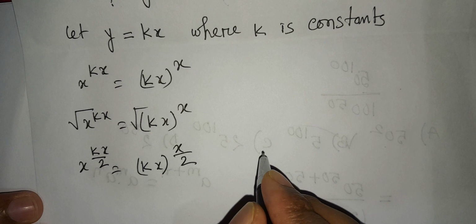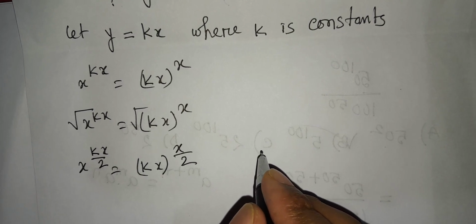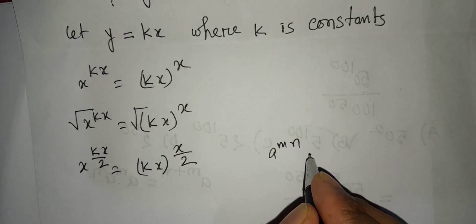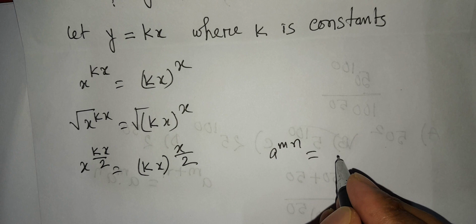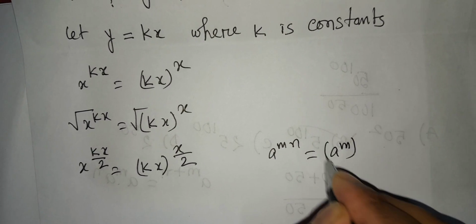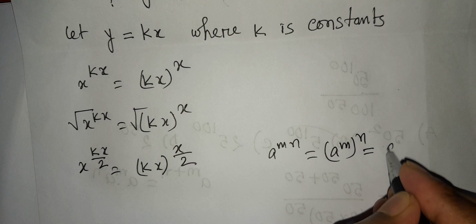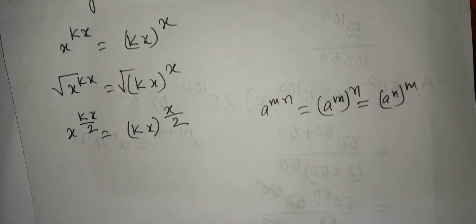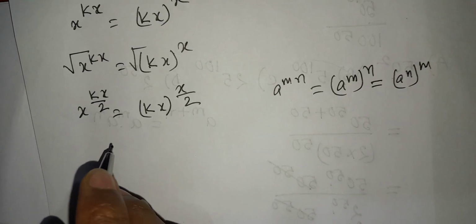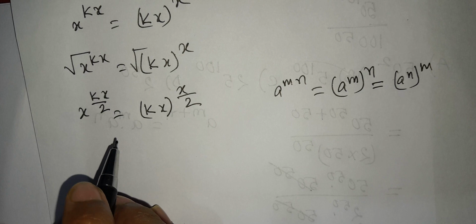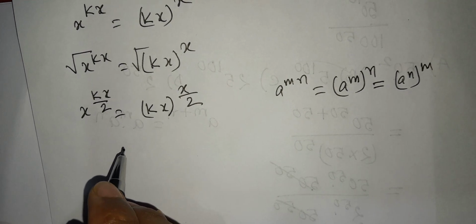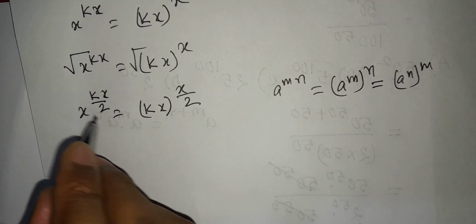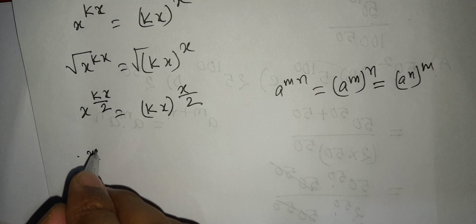Here we know the root equal to half, and a to the power mn equal to a to the power m all to the power n and a to the power n all to the power m. So we can write here that x to the power k,